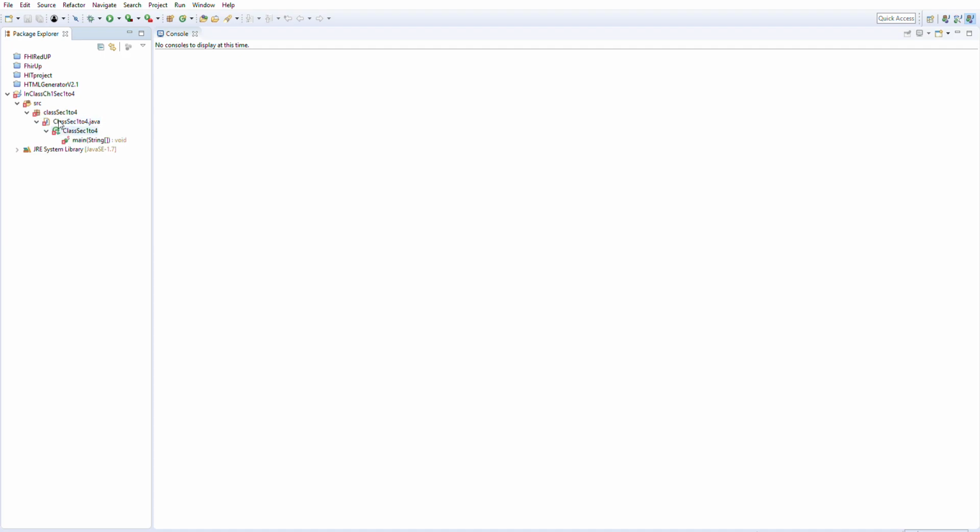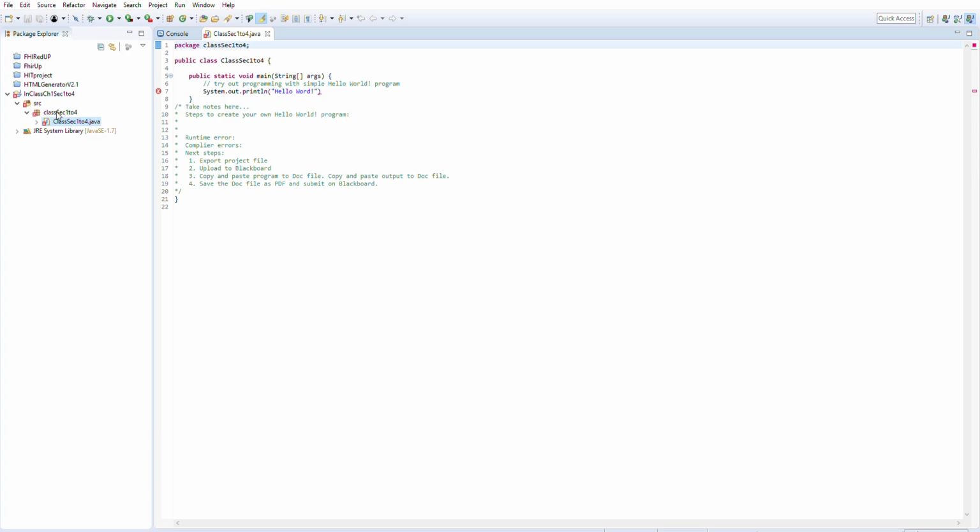Alright? So this other stuff just tells us some things about the Java file, but that's what we're really going to be editing. Alright, so we can double click, it opens up over here. And that is how we import an existing project into